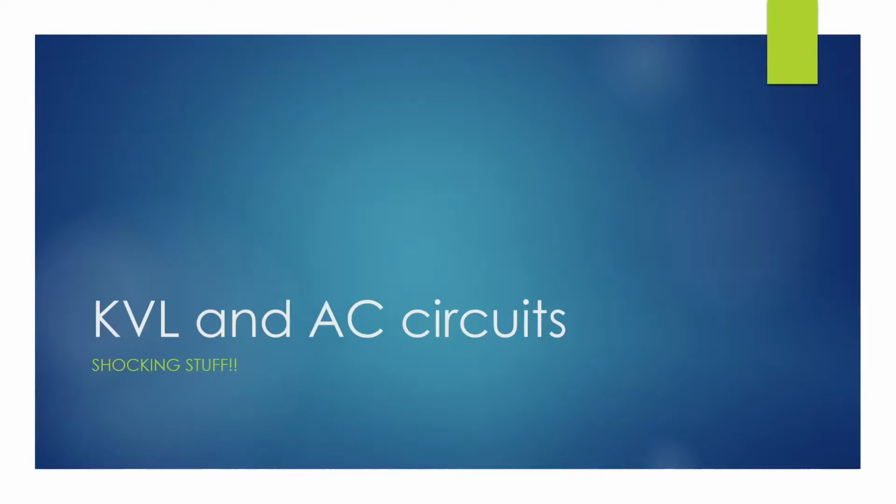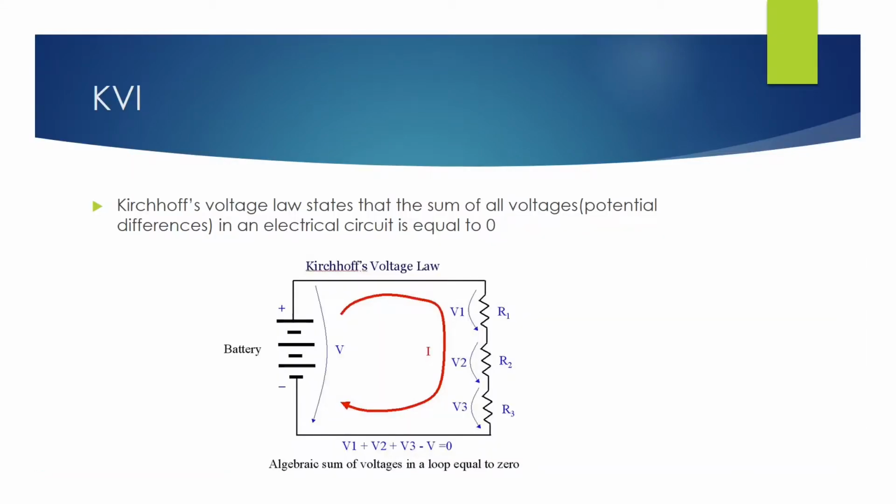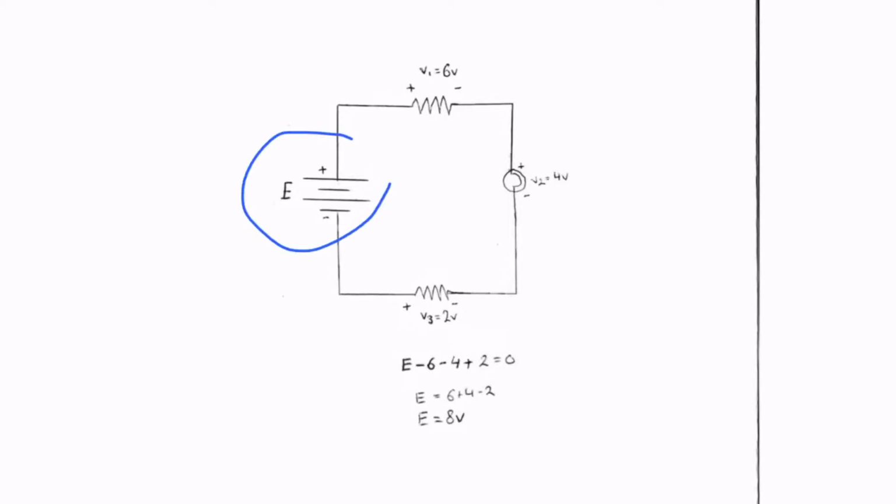KVL and AC circuits. Kirchhoff's voltage law states that the sum of all voltages or potential differences in an electric circuit is equal to zero. As can be seen in this circuit, we have our source voltage, we have two resistors, and we have a